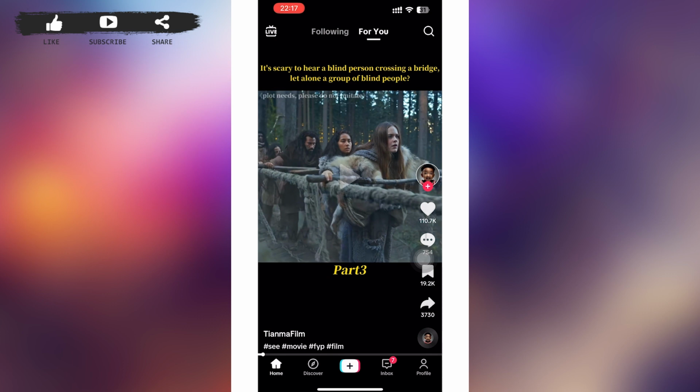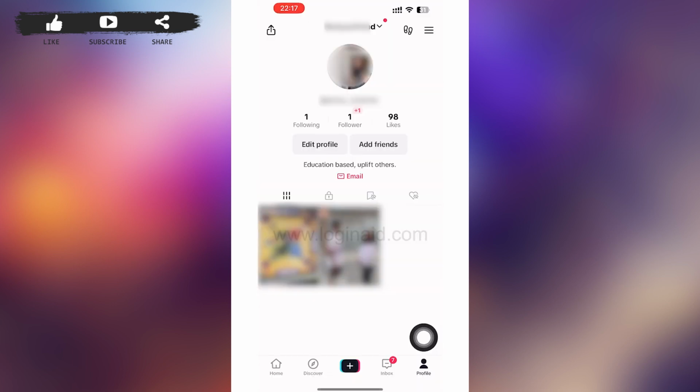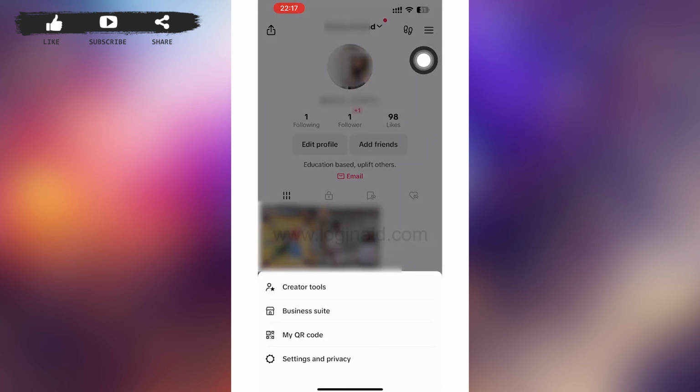Then you'll be loaded to your homepage interface of TikTok. Then you can see your profile icon on the right lower corner. Tap on it. Then you'll be loaded to your TikTok profile page. Then in profile page, you can see a three-lined icon. Tap on it. Then a menu like this will pop up and you can see settings and privacy as last